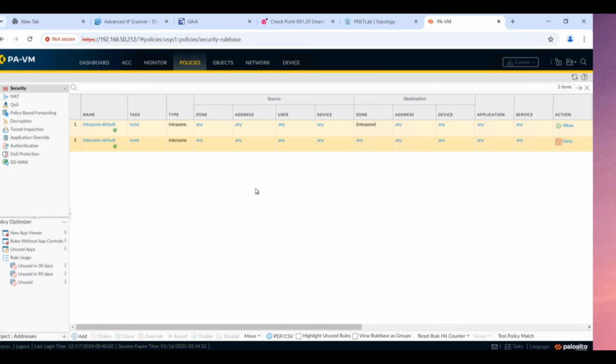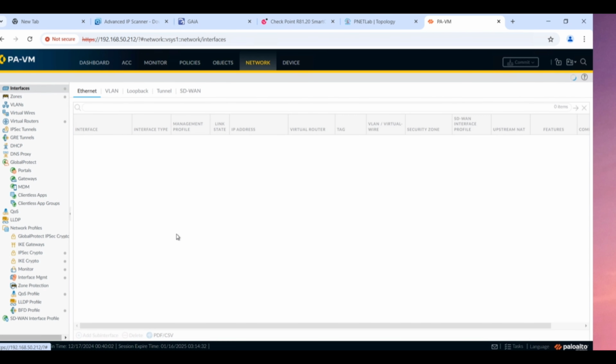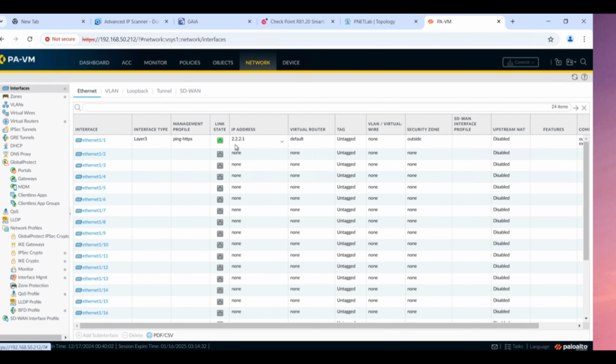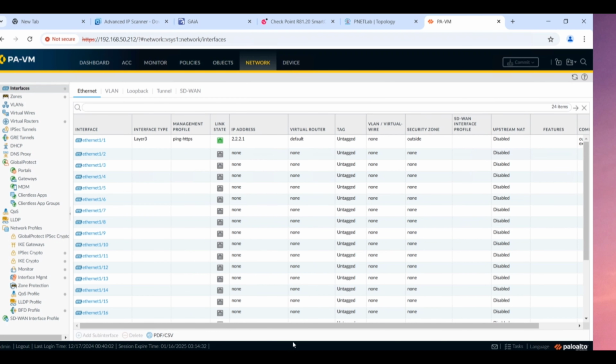Everything looks like intrazone is allowed, interzone is dropped. That is fine. Let's go ahead and check network interface. Interface status is good, 2.2.2.1. Zone is outside, router is default. Okay, and with respect to the router,